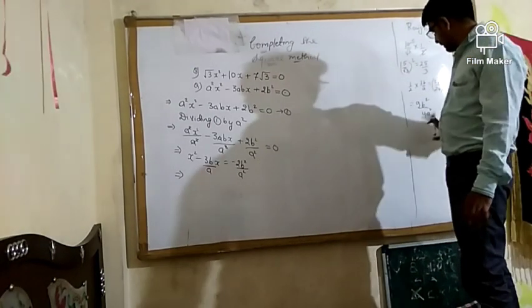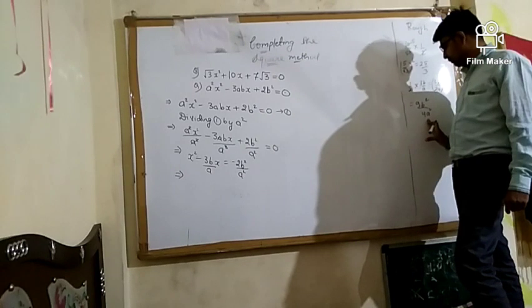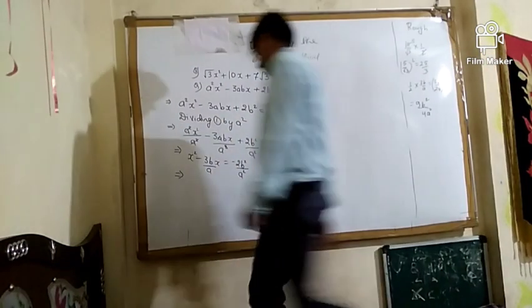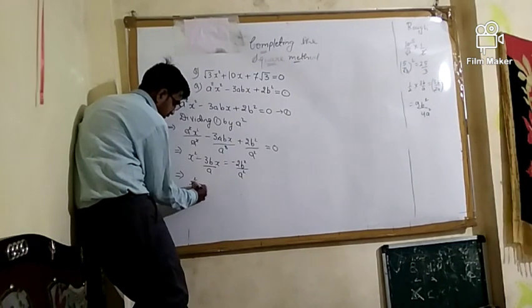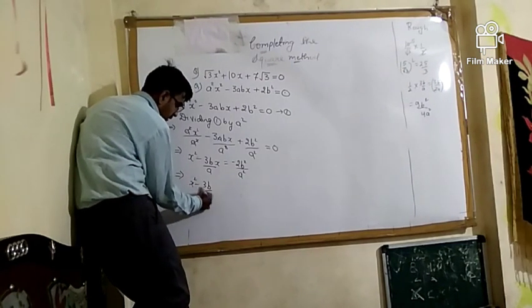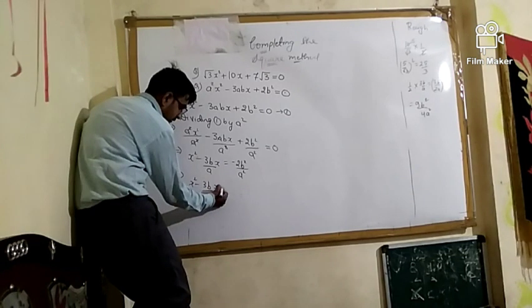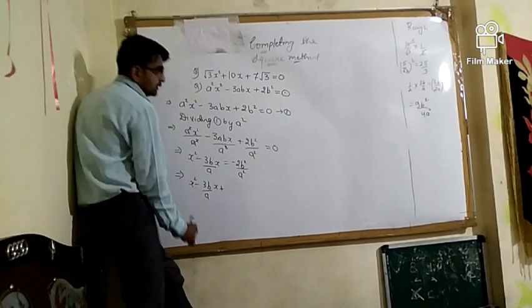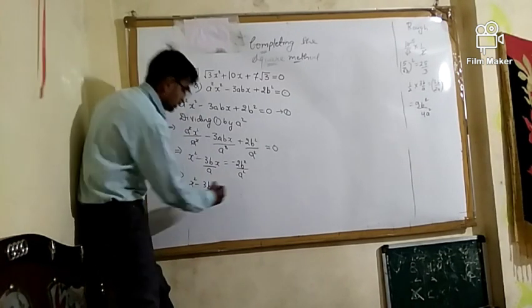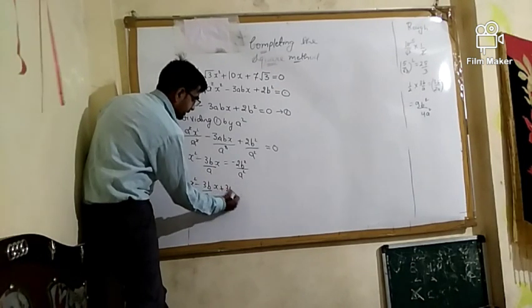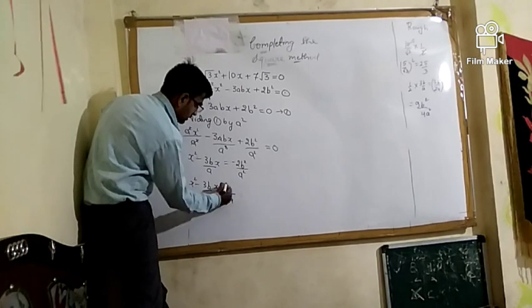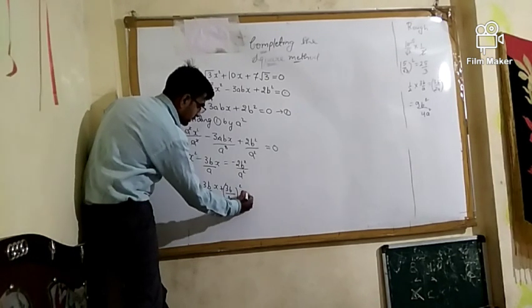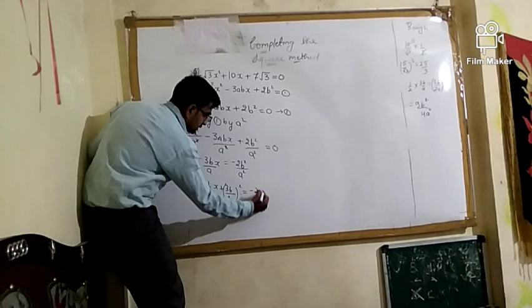So I will add this 9b square by 4a square to both sides. x square minus 3b by a into x plus, you can directly write it as 3b upon 2a whole square, and this